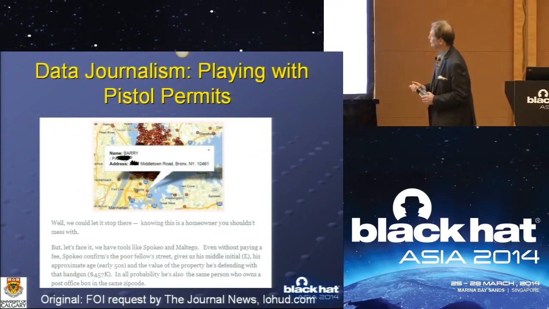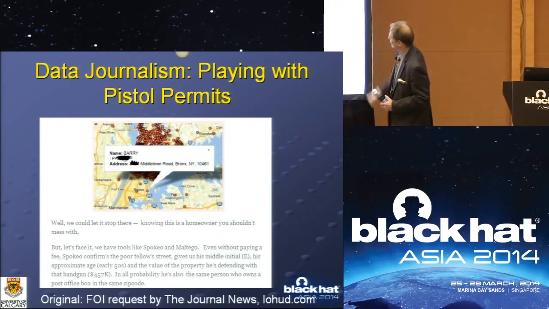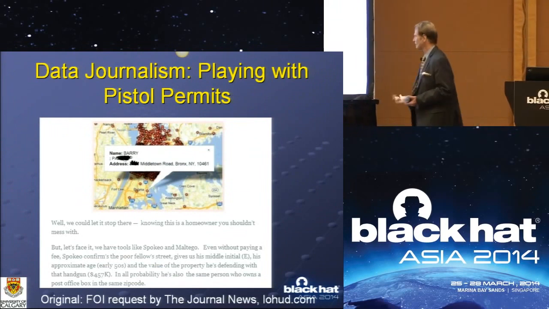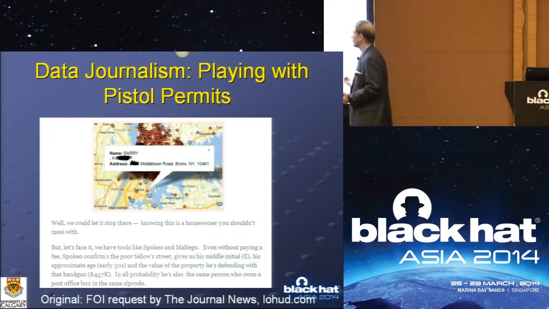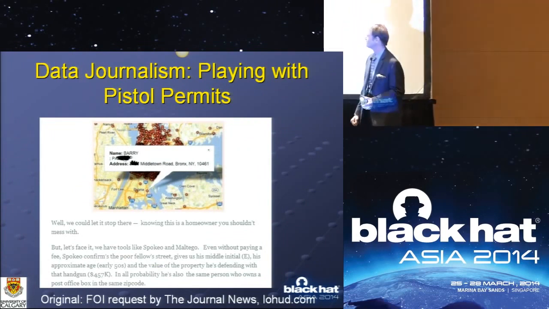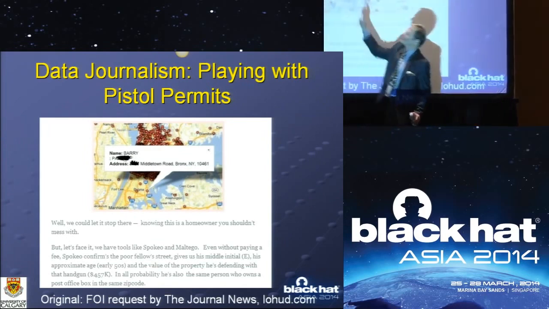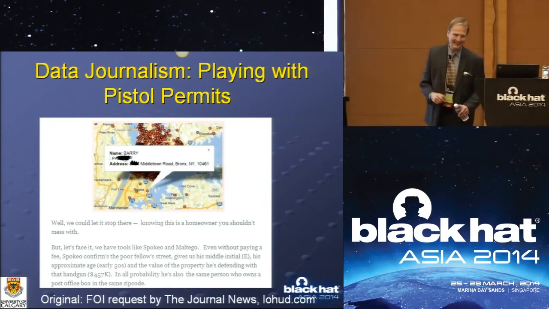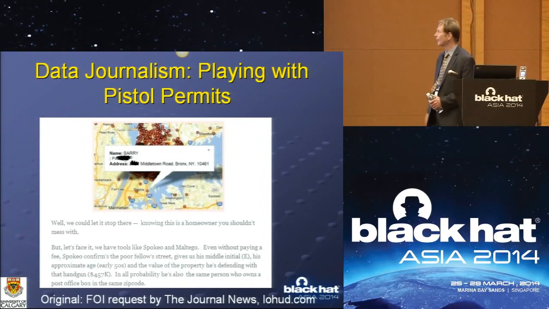Okay, data journalism. This is New York City. It's a little hard to see in the back there. And all those red dots up there are people who have pistol permits in Westchester and Rockland County, which are north of New York. But ironically, a few of them actually, although their permit is up there, they live in the Bronx. I used to live right there. So this is a guy who's like down the block from where I used to live when I was growing up. And he is in this public database because he has a permit to carry a gun.